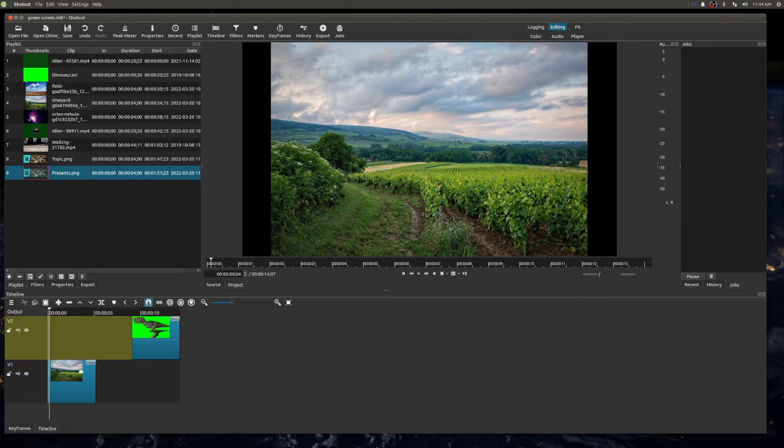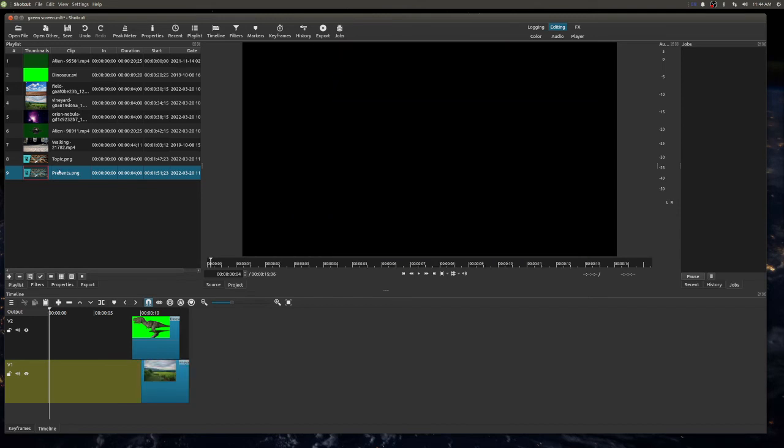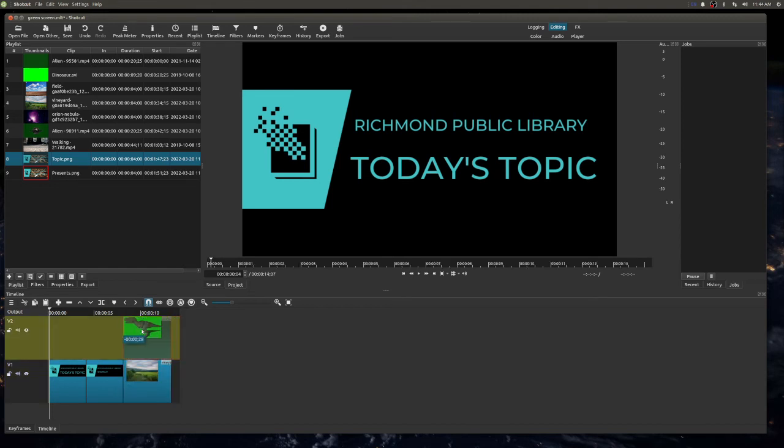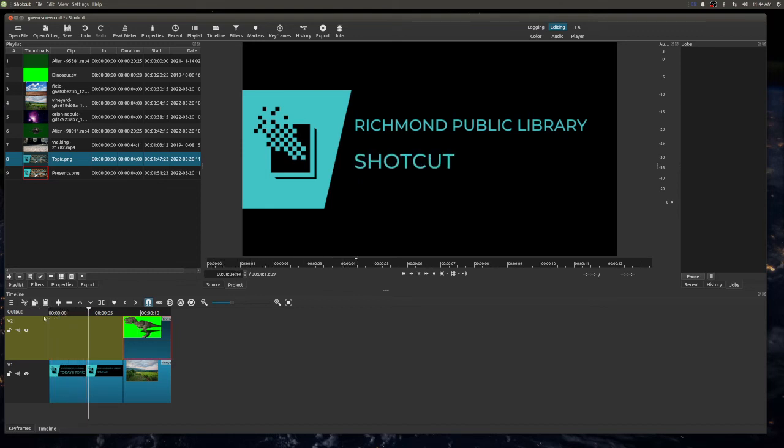going to move this over. I'm going to move this over, and then I'm going to put this one down here, and I'm going to put this one here, and then move that over, and again, to move things, I'm just holding down the left mouse button until it turns red, and then I'm just moving the mouse. Okay, so now what we've got for an intro is today's topic, Shotcut,